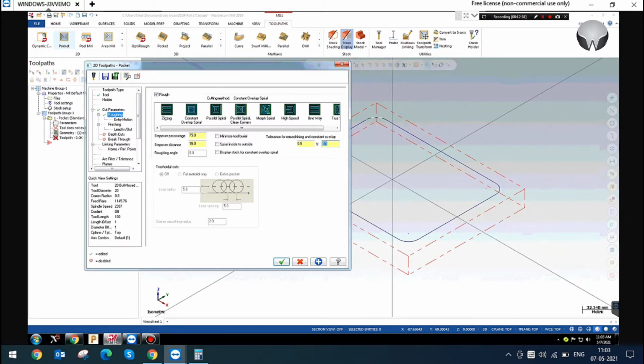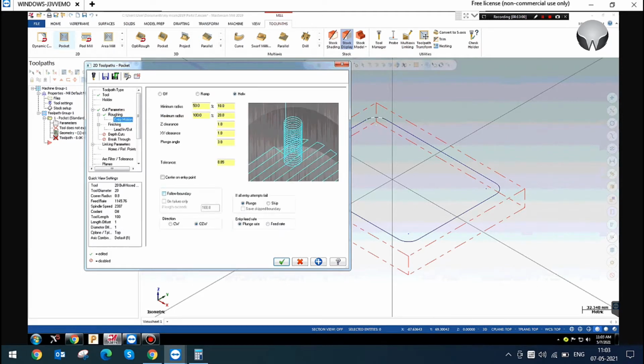This is the remachining tolerance. You can give the remachining tolerance here. Just give the tolerance here, just plus or minus 0.1. It will apply the step over smoothly, and display stock for constant overlap spiral. I will explain all these things with examples. Don't worry, please wait. And entry motion here.